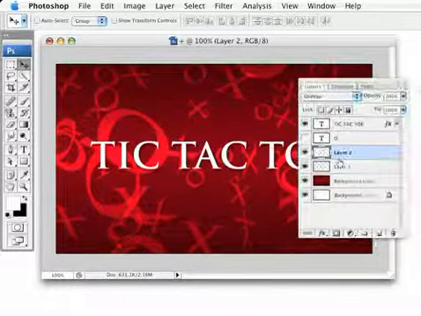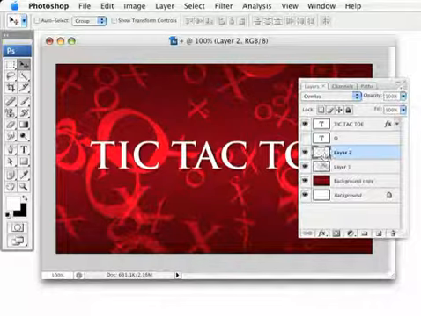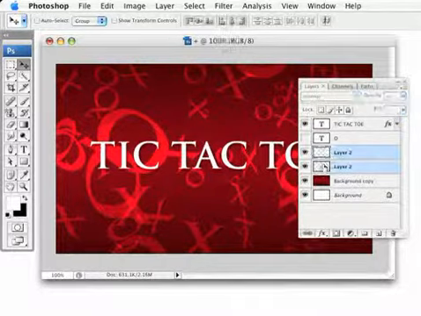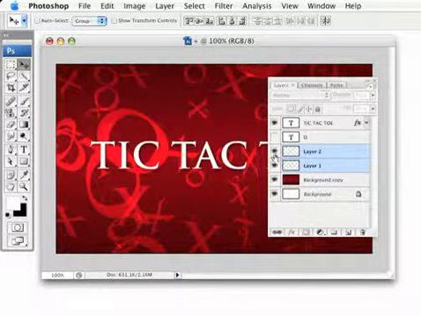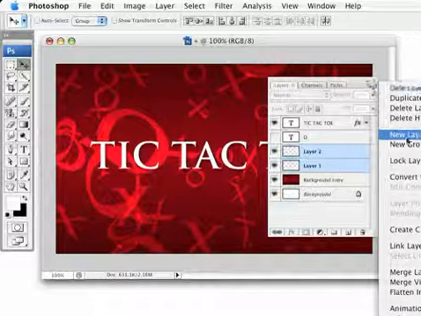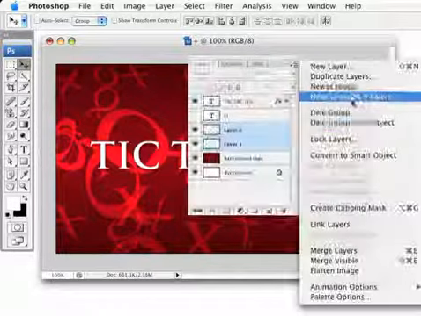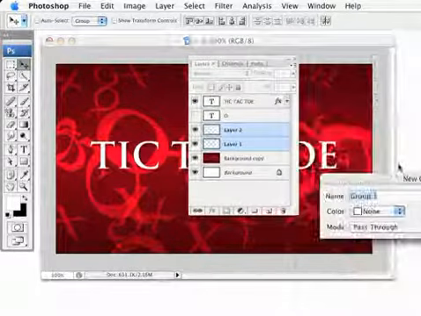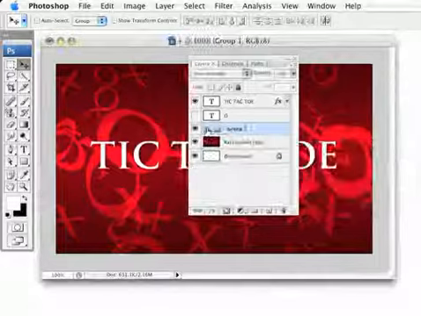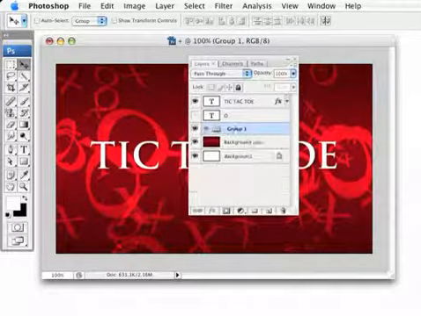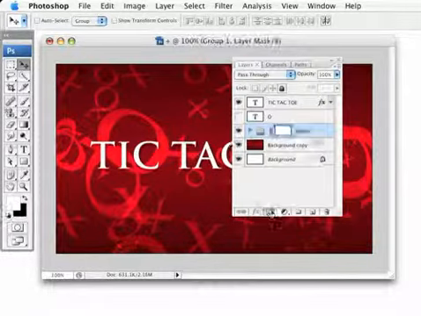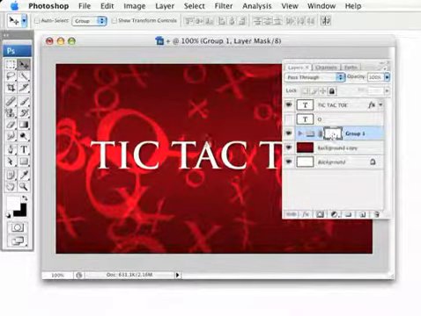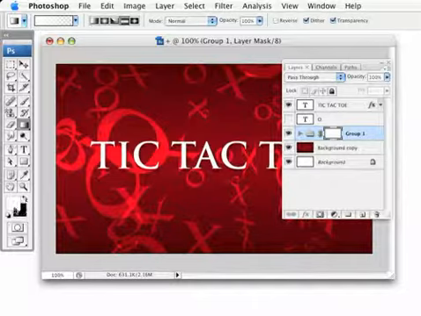And let's say combine these two layers. Actually, let's go ahead and combine them in a group. If I select both of these layers, which are both the X and the O background images, if I go into this menu here and go to New Group from Layers, what it'll do is drop those two layers into a group here, which I can now apply a layer mask to the group. So if I create a layer mask, go get my gradient tool,